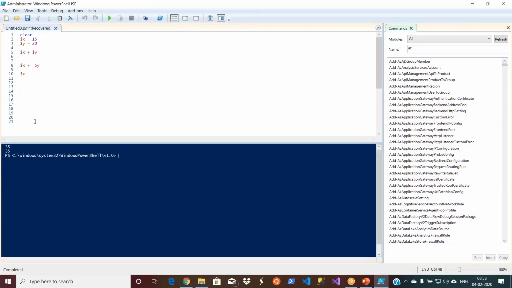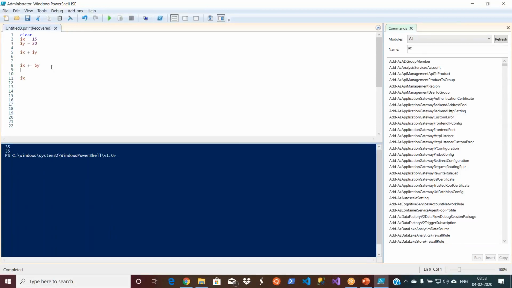Earlier, what you were doing was using some variable, let us say $sum equal to $x plus $y, and now my $sum contains 35. In the same way, you can increment the value of $x. The actual value of $x is 15. After using $x plus equal to $y, it became 35.